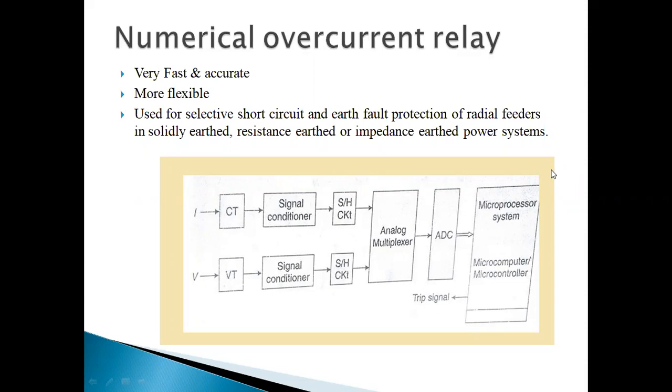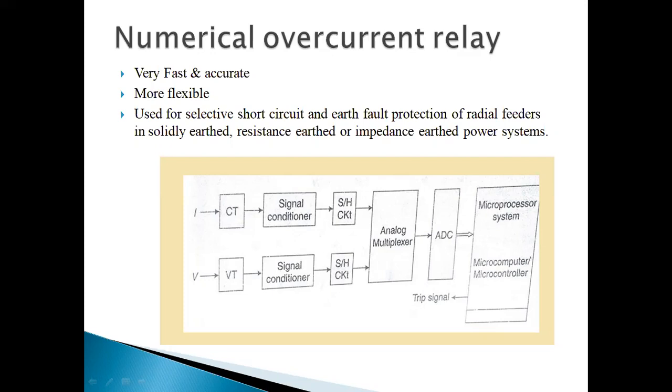So actually in this chapter also, only the overview is there. What is meant by overcurrent relay? What is meant by static overcurrent relay, microprocessor based or numerical overcurrent relay? Actually how they operate and for which applications they are used, we will see in the upcoming chapters, because in the next chapter there is distance protection. That means for distance or transmission line protection, which types of relays are used and how it can be protected will be seen.